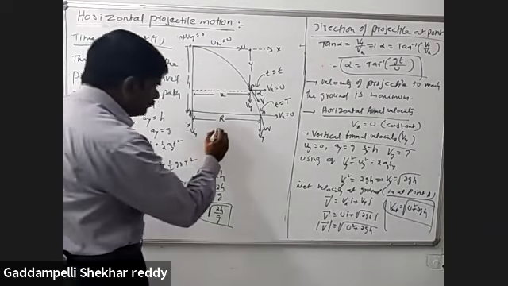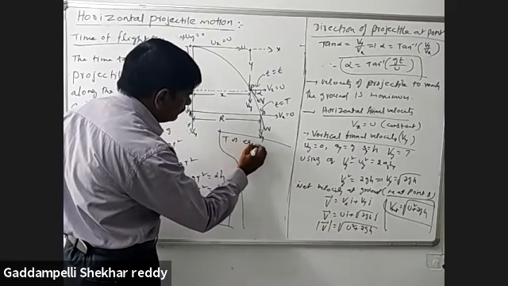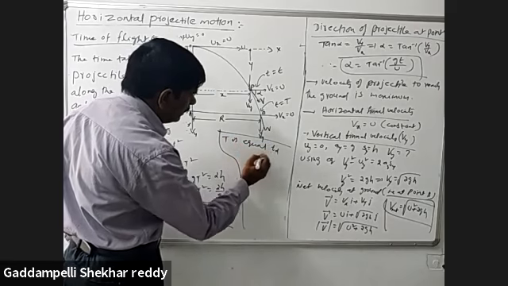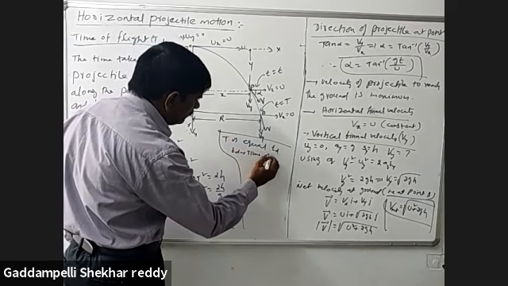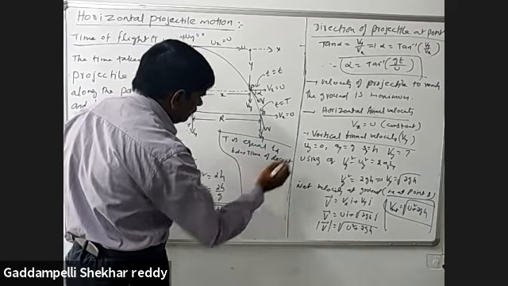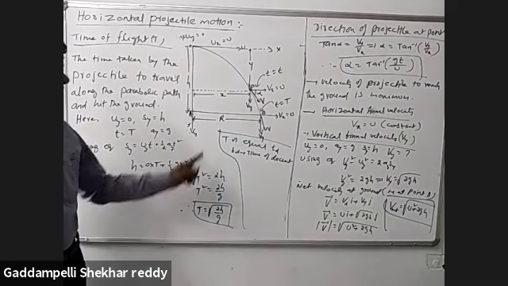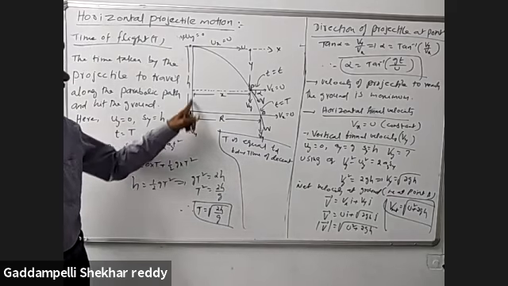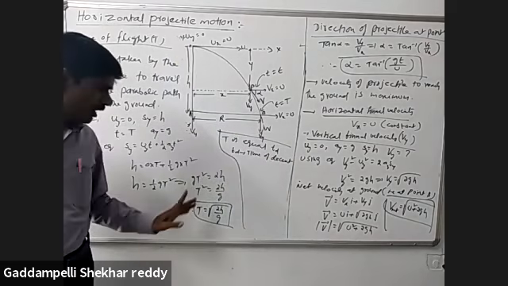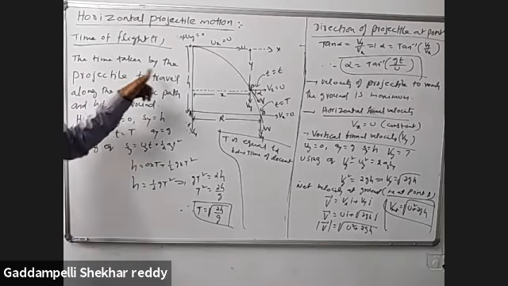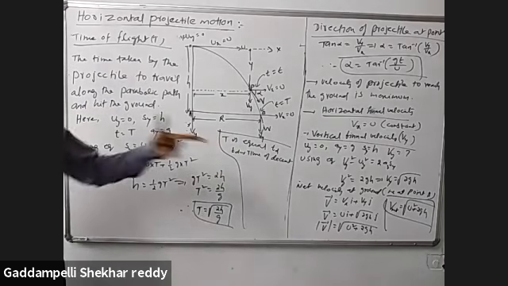So here t is equal to td. TD means time of descent. In case of vertical motion, we can define time of ascent and time of descent. Time of ascent means low to high, time of descent means high to low. So here time of descent is equal to time of flight. We can also define it as the time taken by the projectile to travel and hit the ground, which is time of descent or time of flight.